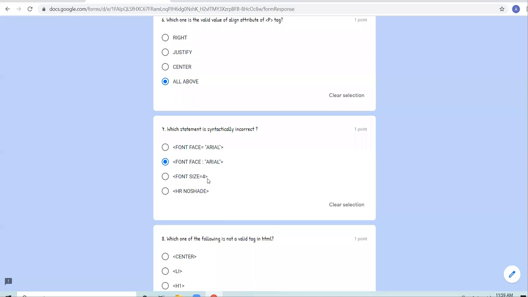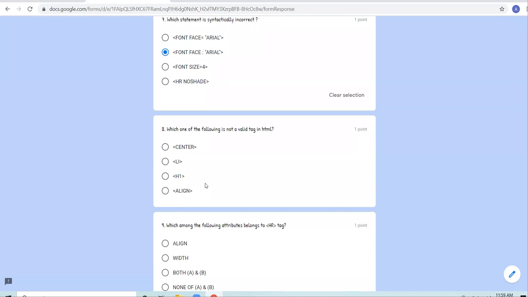Font size equal to 4. Okay. HR noshade. Beta, noshade means a 2D rule will be displayed. 2-dimensional rule. And we never give any value to noshade. Noshade is written as it is. When you write noshade, a 2-dimensional, gray color HR will be drawn across the width of the screen. Right?